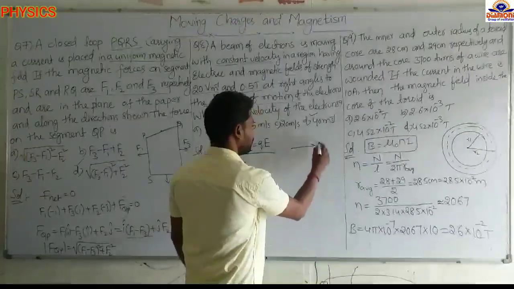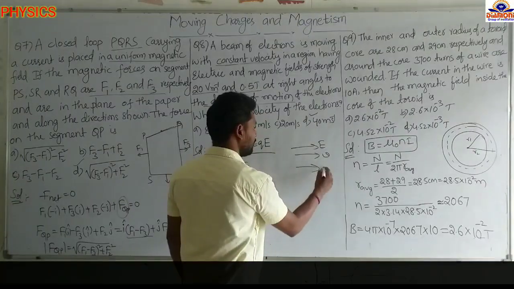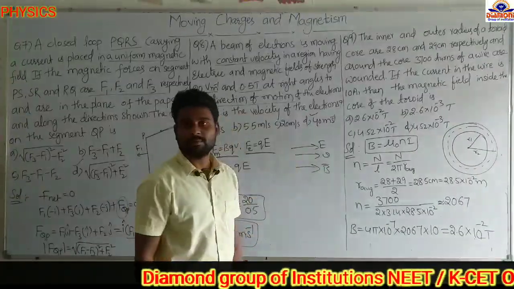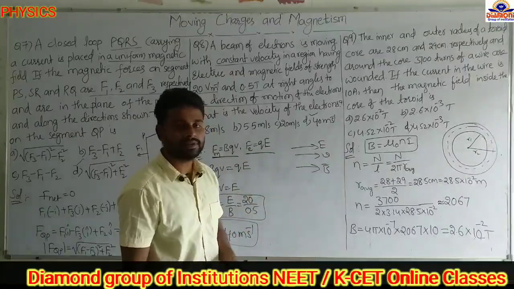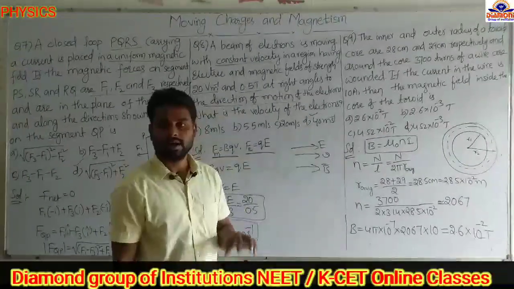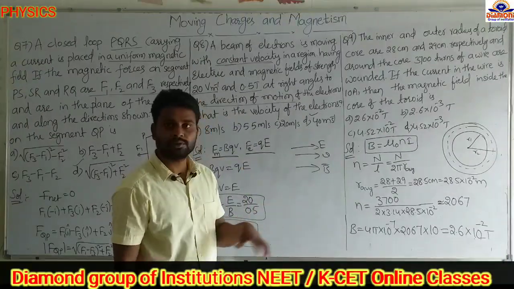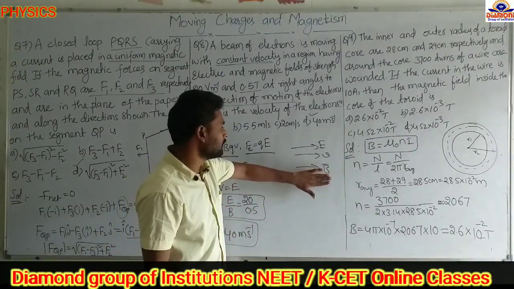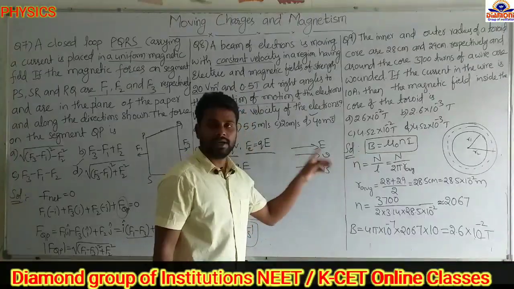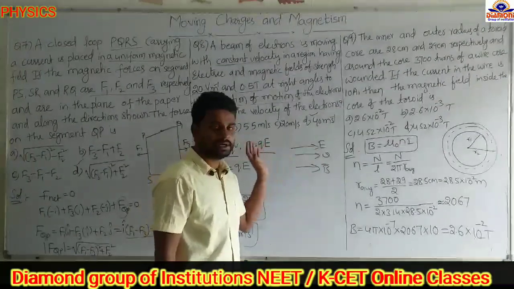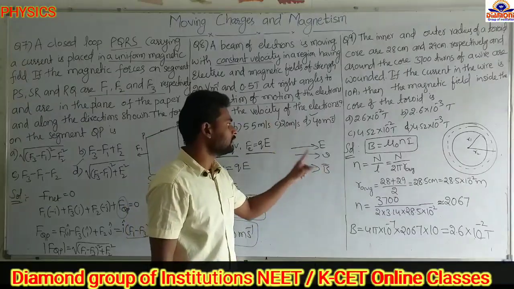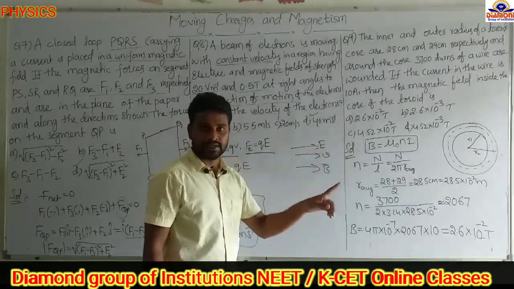Suppose the electric field, the velocity of the particle and the magnetic field are all in the same direction, then the magnetic force acting on the particle equals 0. Already I said in the previous problem, the angle between the velocity and magnetic field is 0 or 180 degrees, then the force acting due to the magnetic field is 0. Now this particle is moving along the electric field, so it will be accelerated, if it is a positive particle. So if all are in the same direction, then it will be straight line and accelerated motion.